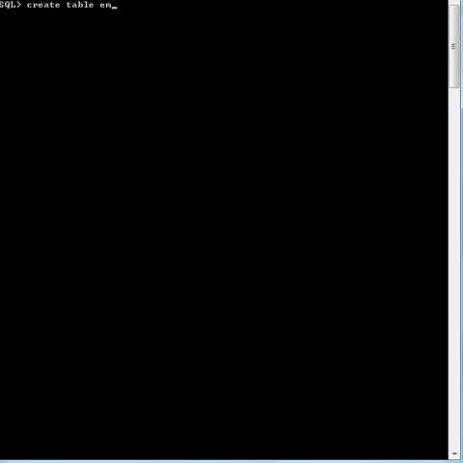Suppose I want to give emp underscore 1 2 3 4. So create table emp underscore 1 2 3 4. I want to create a table with the name emp underscore 1 2 3 4.